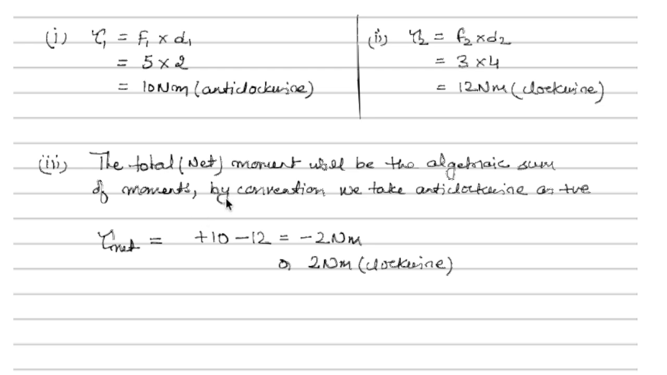So the total moment will be the positive 10, because it was anti-clockwise, so I've taken it positive here, and then a negative 12 because this was clockwise. This is by convention. So we'll get minus 2 Newton meter. So if you don't want negative sign here, you have to mention the clockwise direction then. So this negative sign is just saying that 2 Newton meter is a total moment and it is towards the